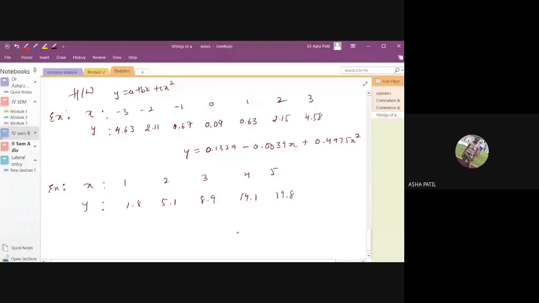Answer you have to get this. y is equal to 14.4 minus 41.1x plus 3.1 x square. So write as ax square, then first you will be writing this, that's all. Try these 2 examples. I'll do with the exponential curves in the next class. We are out of time, I think we'll stop it here.